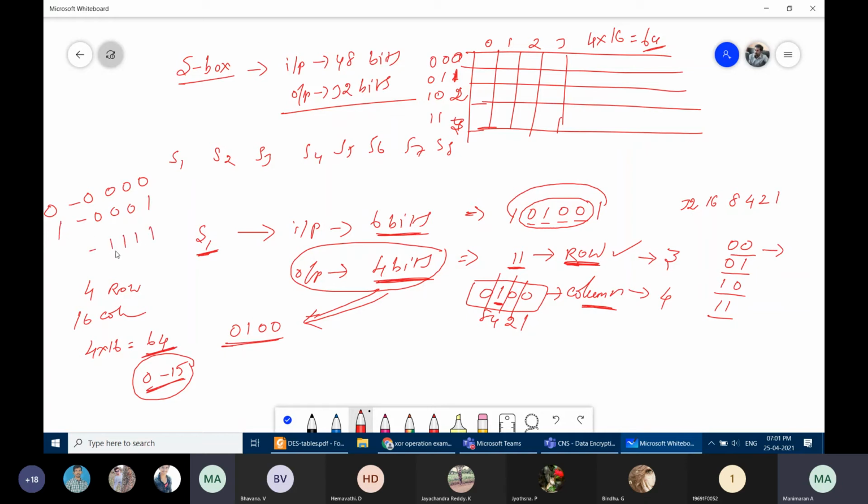So all 1s, what is the maximum possibility? 15 is the maximum. So 0 to 15. This is 8421 code. 8 plus 4, 12, 12 plus 2, 14, 14 plus 1, 15. So 0 to 15 possibilities only we can represent by using 4 bits. Is it clear? Perfectly clear? Yes, sir. Okay, that's it.